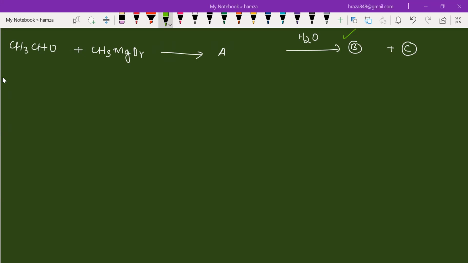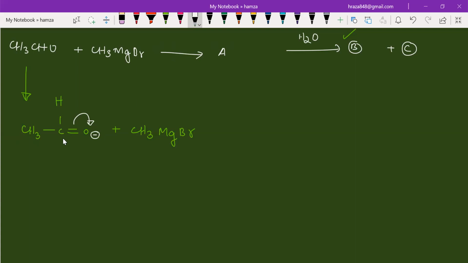See, I'm going to explain. See, it's very simple. Can I write it like this? CH3CHO, and reacting this with CH3MgBr. So what you need to do is, oxygen is more electronegative, so it will attract this, so it will